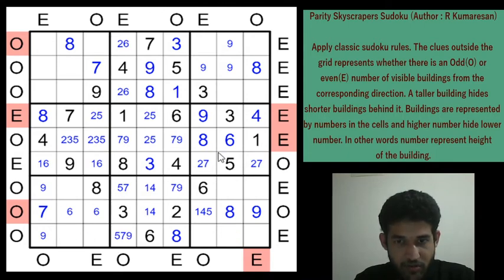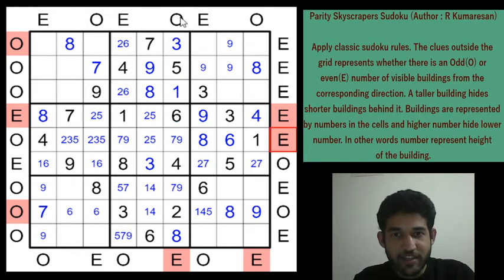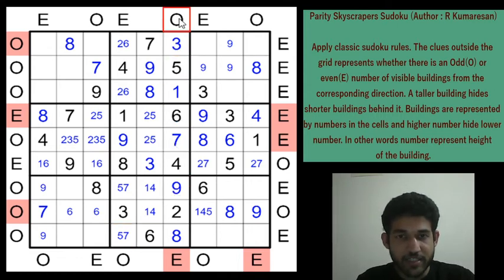And any more clues? And this is done, right? Because 8 and 9 we'll see, and two buildings are already seen. Can we use this clue now? 3, 5, 6, and we are yet to utilize this clue, right? If you have a 9 in row 5, column 6, you will see 3, 5, 6 and 9. You can't see any other building, so we will get a 4 clue as outside, which is even. So that gives a contradiction, which means this will be a 7, this will be a 9, and that gives a 9 here, and these two cells will be 5 and 7, right? Now we are seeing 3, 5, 6, 7 and 9. We see 5 buildings and this clue is satisfied.